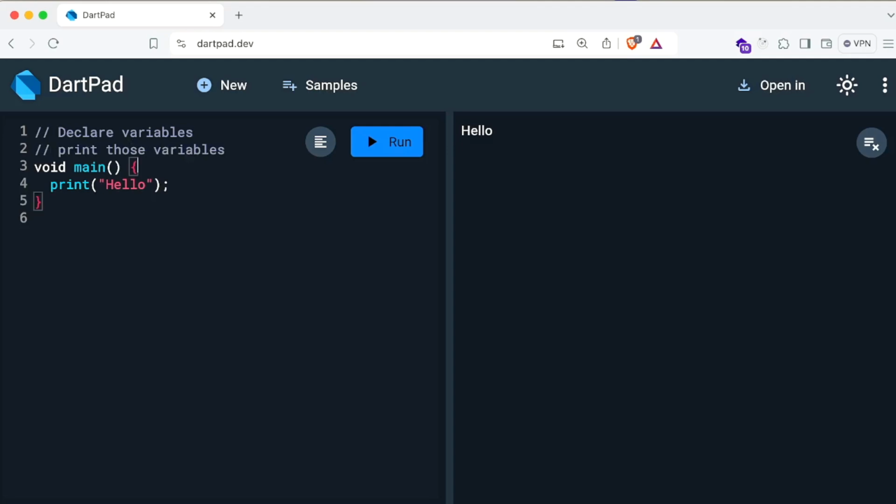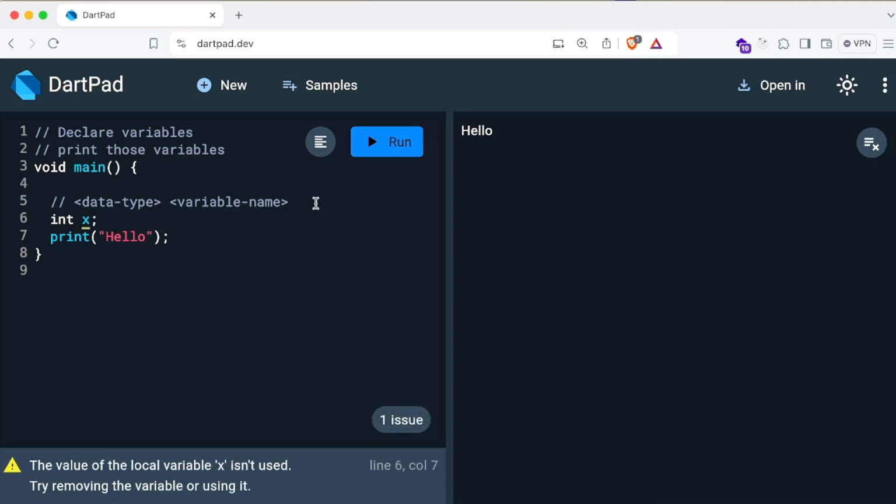So in Dart programming language, if I want to declare a variable, I can first start with its data type and then comes the variable name. This is the standard that you have to follow. First will come the data type and then the variable name. So if I want to declare a variable int x, I can declare that variable name,